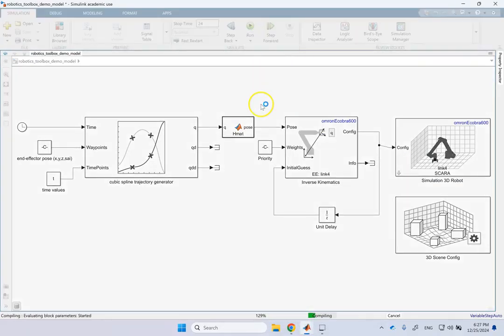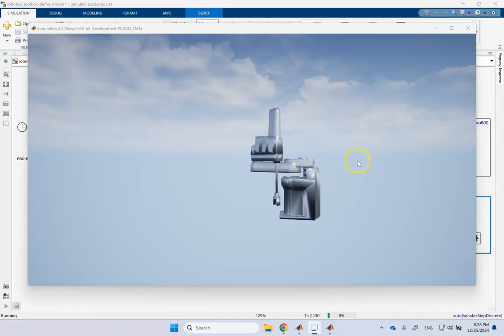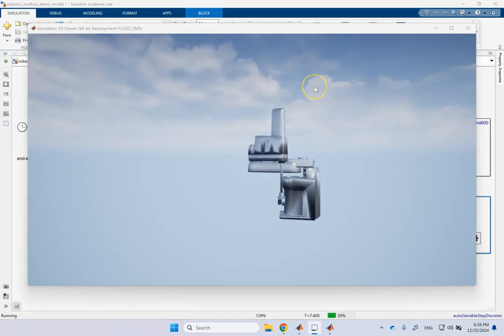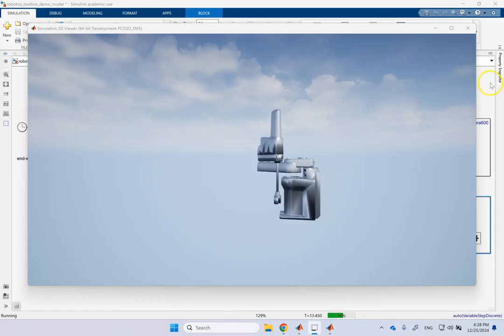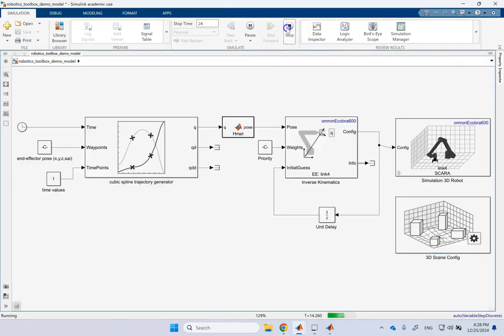Okay, let me run it one more time. This time it should be fast. This time I ran it on the empty scene background as opposed to that 2-lane road or something. Again, you can make this environment yourself, make it as complicated as you want, and make it look a lot nicer. So you see how much effort is saved using just 3 blocks here,